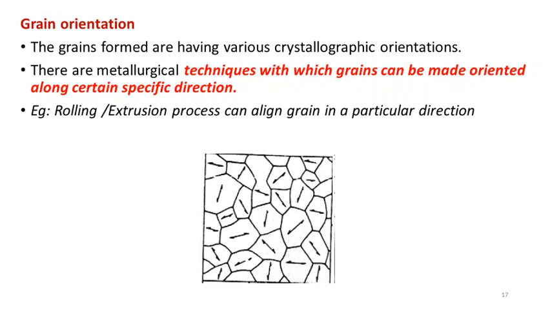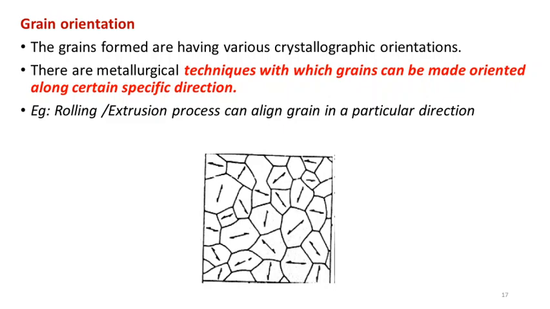When, for example, we consider the rolling process, in rolling we are passing a bulk of metal between two closely spaced rollers. When we apply sufficient pressure, this large metal piece or ingot gets reduced in size. During rolling, or consecutive passes between these rollers, we can see the grains getting flattened or elongated along the direction in which we are passing the roller.